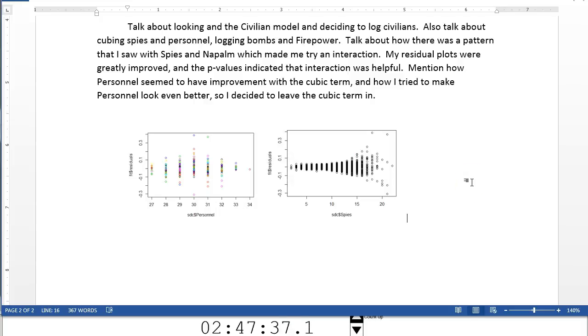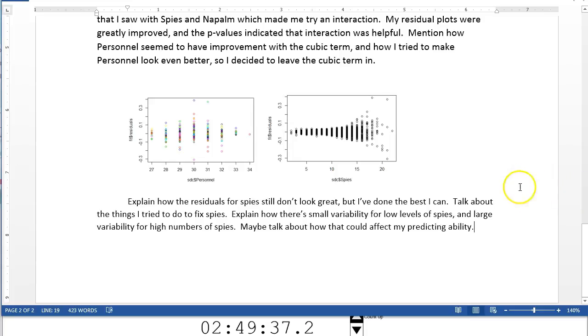And your goal is not to hide problems from the client. It's to be very clear and transparent. I have these tools. I know how to use them. I used them well. Here is the best model I can do. And in case you're wondering, here's a problem that doesn't have an easy fix. So I'm going to talk about what's going on here.